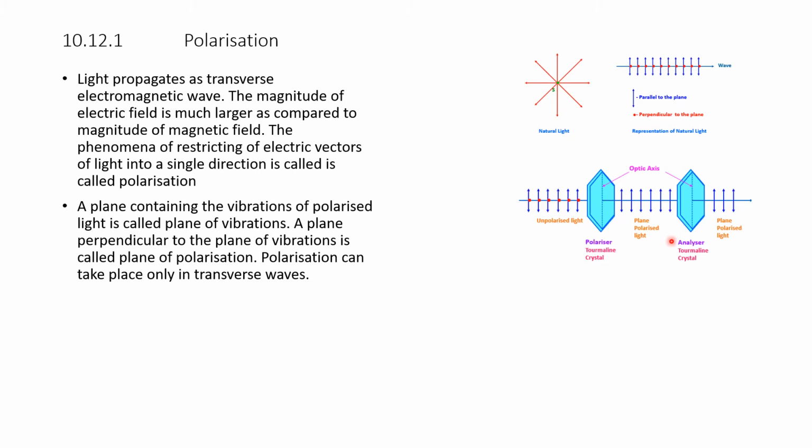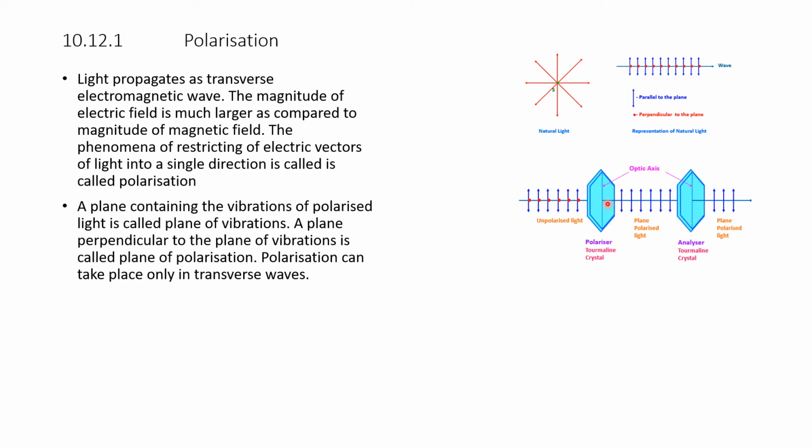And again, to detect whether polarization has taken place or not, we use one analyzer of the same type, but which can be rotated to see whether the wave coming out is vertically polarized or horizontally polarized. This is a process of polarizing, detecting and analyzing, where for analyzing we need another polarizer.